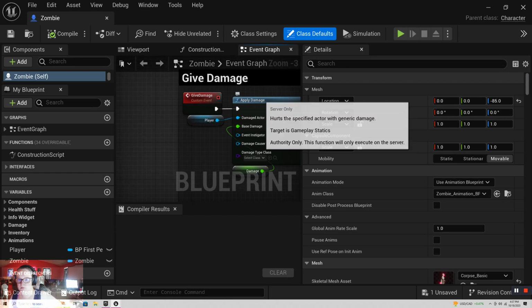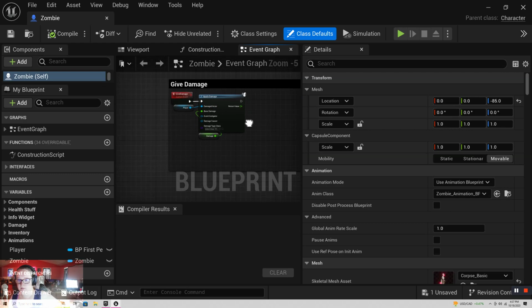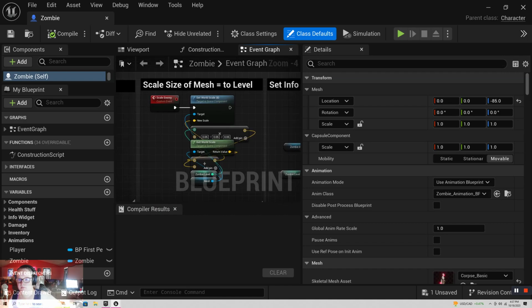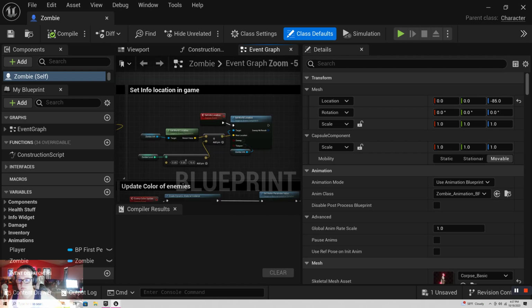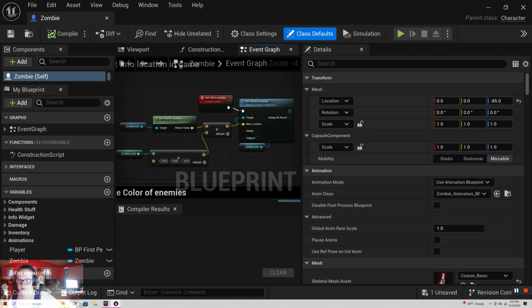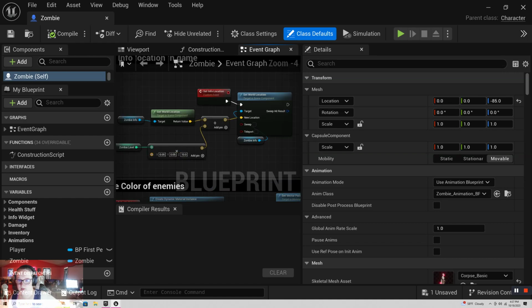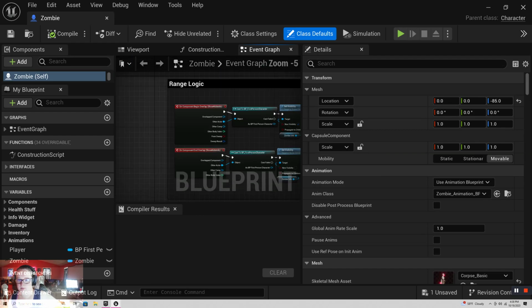Alright, so I just use apply damage to a custom to give that. I scale the size of the zombie equal to the level. Set info location in-game, so this basically just sets where everything is going to be located on the enemy. Because if the level changes, then I needed to be able to adjust the health bar and information on the enemy at a certain height, so that way when they die, their name doesn't go in the ground or it's